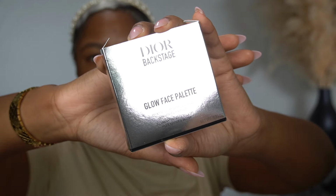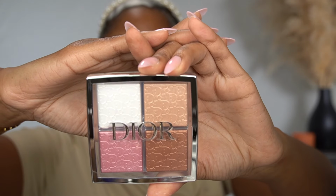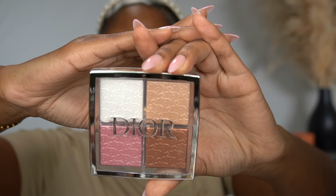And next, y'all, I picked up a palette that I have been looking at for years. And my girl uses it on her channel, and I just knew I wanted to pick this up eventually. I don't know why I hadn't, but this is the Dior Backstage Glow Face palette. I think it comes in 2 or 3 different palette shades, and I picked up the deepest one, which is this one. So it comes with 2 strobe colors